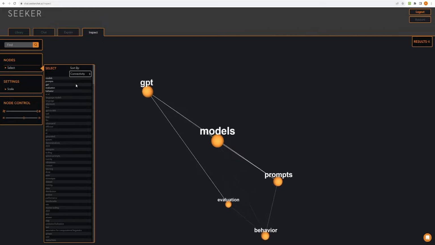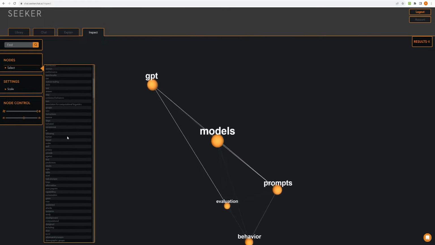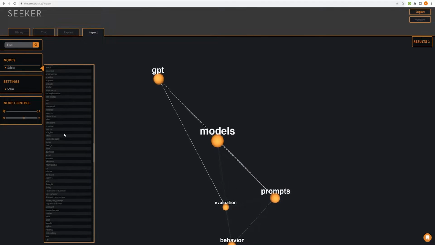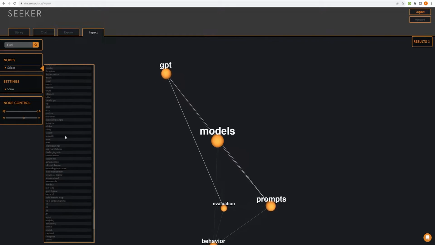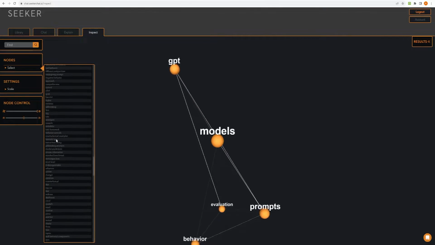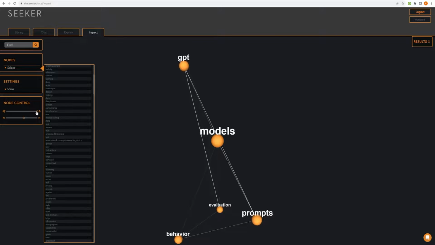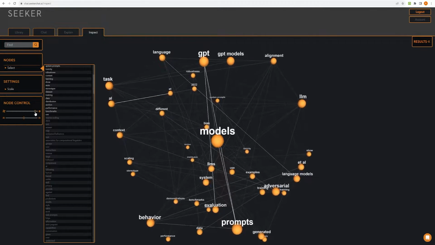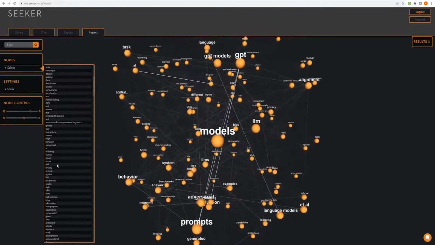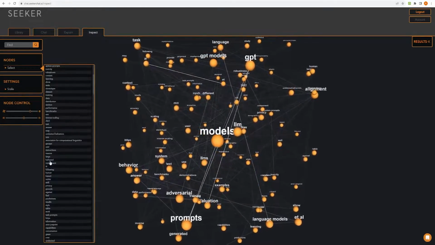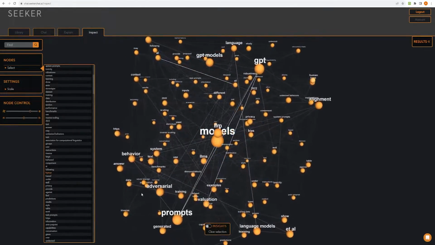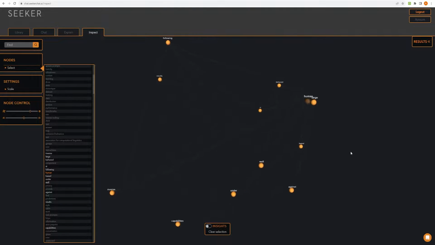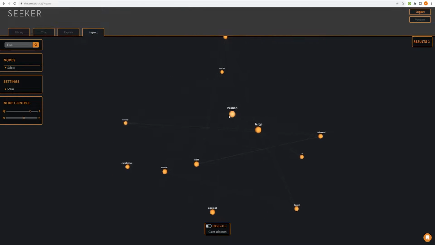Okay, so here is going to show all of your nodes. These are all the nodes that relate to our context. As you can see, these are grayed out because we have already affected, right? We've done the node sensitivity. We've changed that, so we can turn it up a bit. Let's see. Human. We'll click on human. So upon clicking on human, it will show all of the nodes that are directly correlated to the term human,